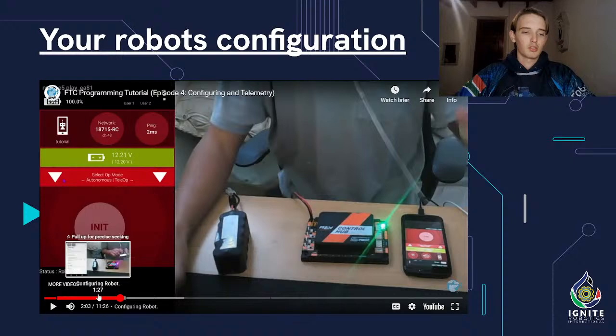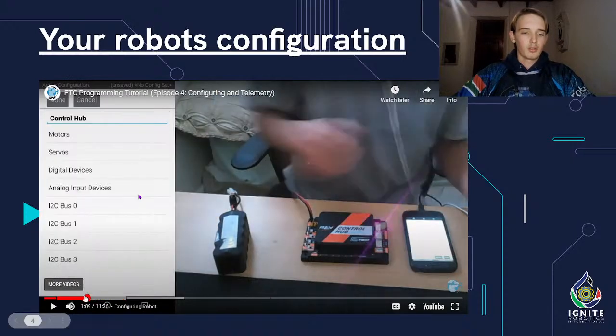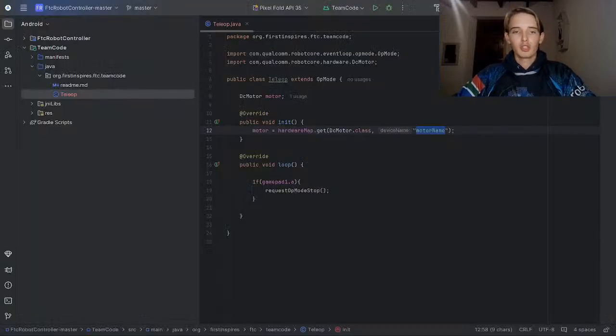I can click back just to show you the exact menu. You can see right here, he's in the control hub, and here are all the ports. You've got motor ports, servo ports, digital device ports, analog input device ports. Again, you won't be using all of these ports right now. The main things are the servos and the motors, right? Inside of these is where you put all of the names for each of the ports. And then using that back in Android Studio here,